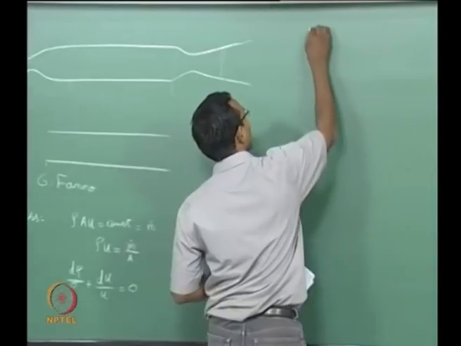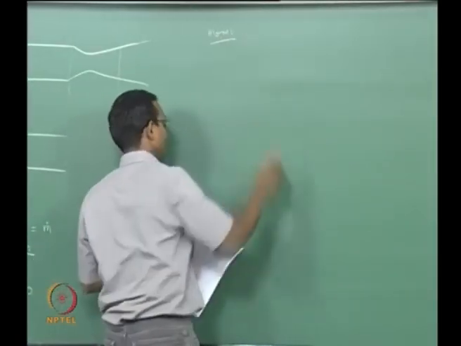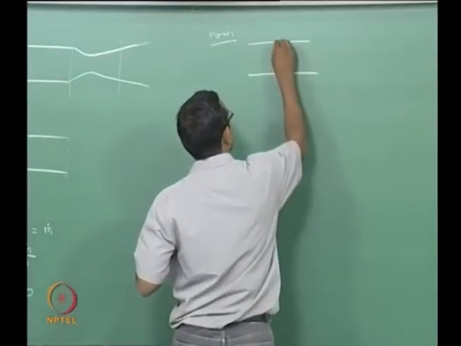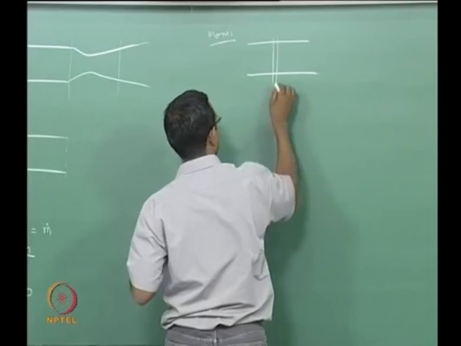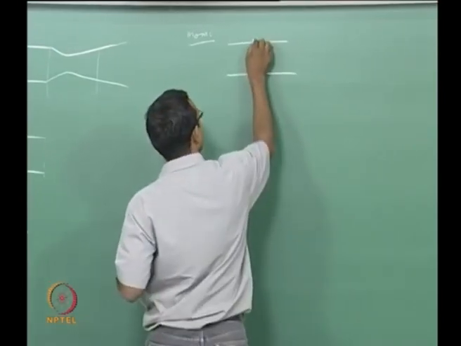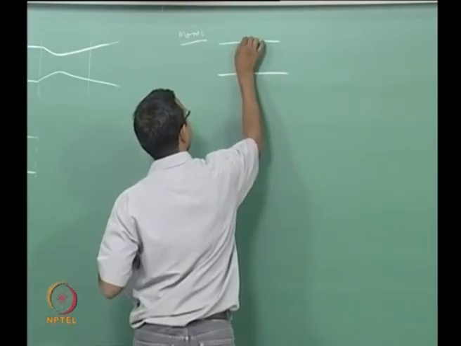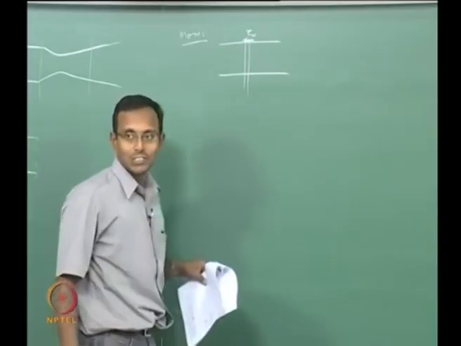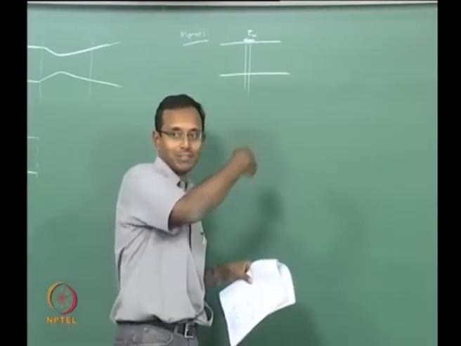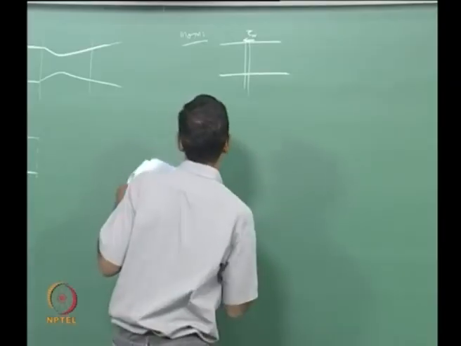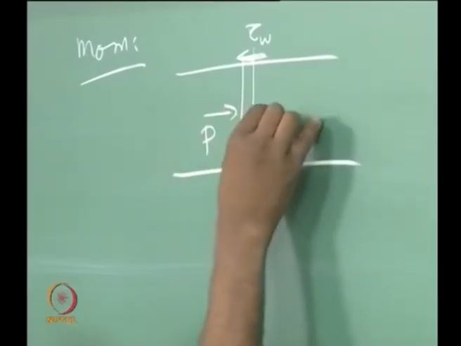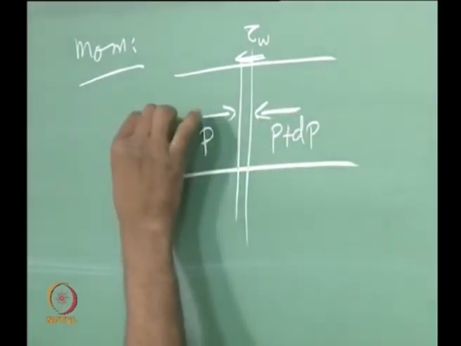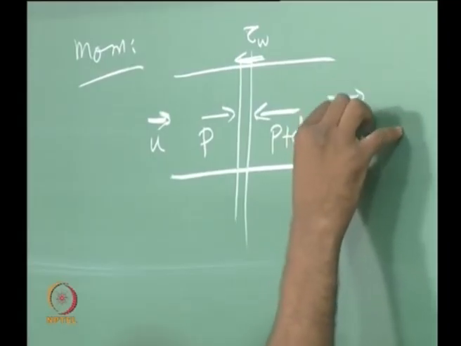Okay. Now we will go for the momentum equation. Okay. Now I want to draw this small figure here. I will pick this small zone. This is my thin control volume way of looking at things. I am going to say there is frictional force, tau is the wall shear stress. Of course, I have to multiply this with the area of contact to get the actual force, and I am having a pressure P here and a pressure P plus dP here, and the whole flow is having a velocity u here, and this is going to have a u plus du here.